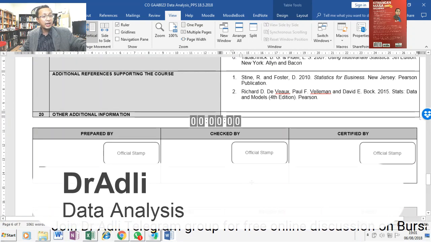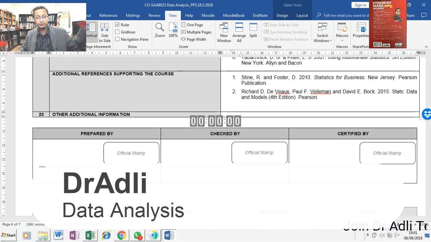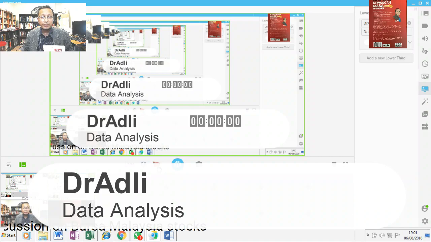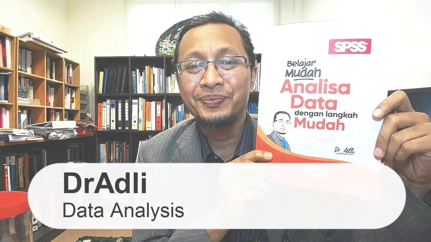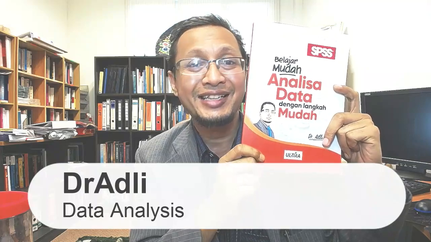All right, so I also have a book that I've written, but this book is written in Malay language. If however you are interested to get the book, this book, Belajar Mudah, Analisa Data dengan Mudah by Dr. Ali, which is me. So this book can be ordered from me, and it will be printed once you have ordered it. This has step-by-step instructions using SPSS, and data is also provided for use with the book. It's written in simple Bahasa Malaysia. So if you are a native speaker of Bahasa Malaysia, I suggest you get this book, and then you can use it for your